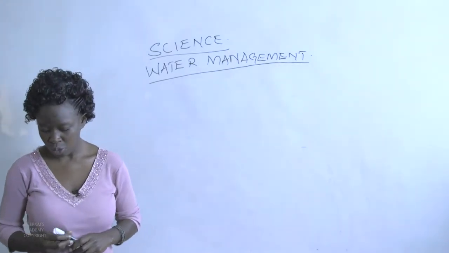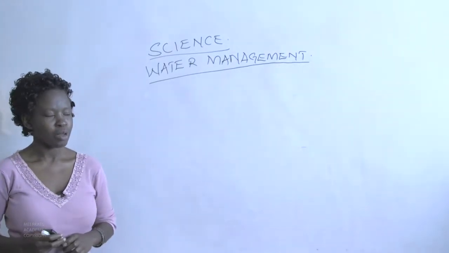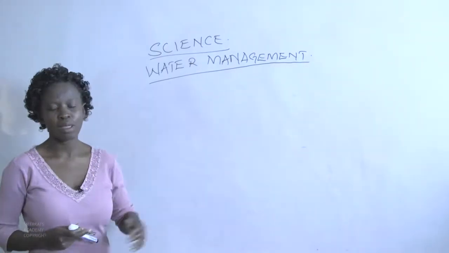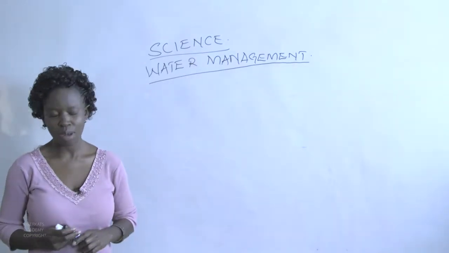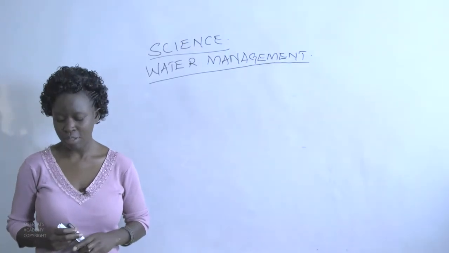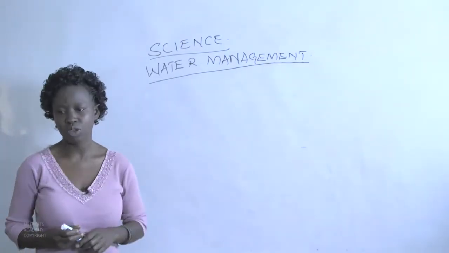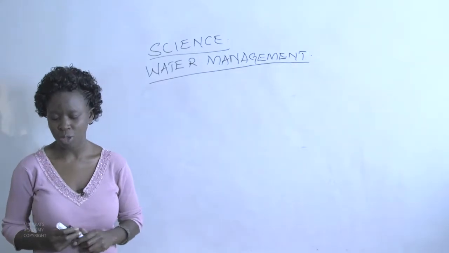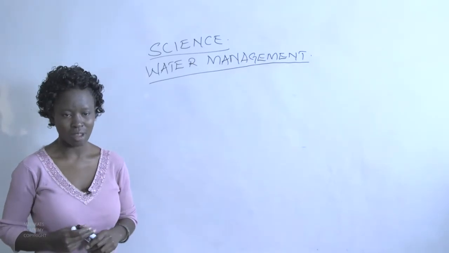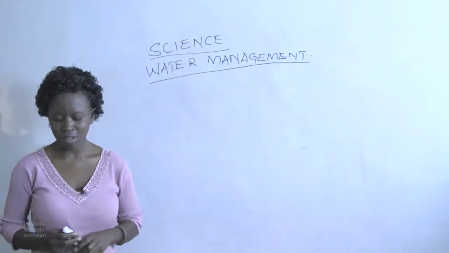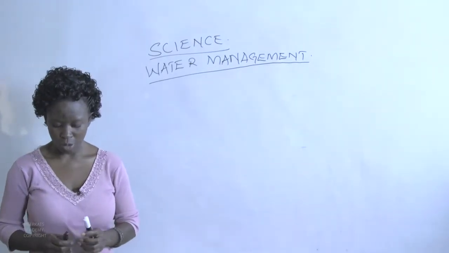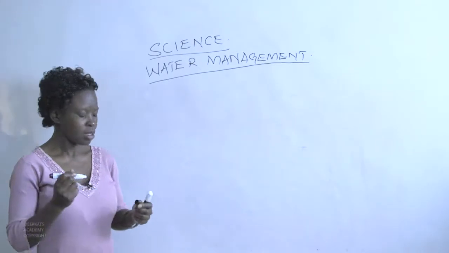So you are going to develop, distribute, and optimally use the water that is available on the earth's surface, but there are water policies and regulations that are going to guide you on the various activities that you engage in. So the first water management activity that we are going to look at is the